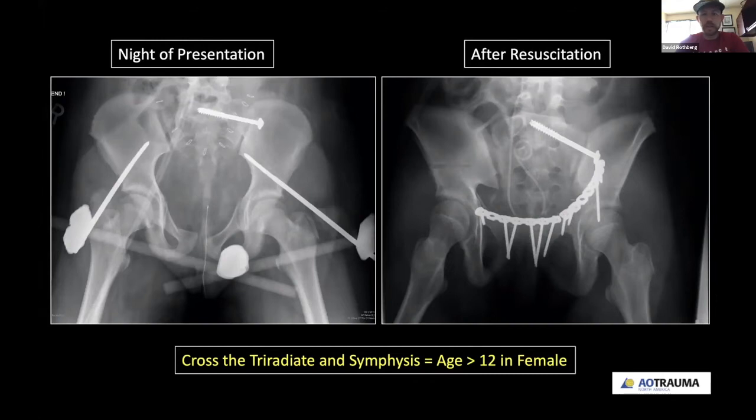And you can see the S1, which we said was safe in most kids, S1 iliosacral screw on the left, and a fairly good reduction in the front. She stabilizes, and we measure that just in the same way we do with adults, where we're checking on blood pressure, hematocrit, lactate, looking for resuscitation parameters, and then take her to the operating room for fixation of what was a displaced left acetabular fracture,